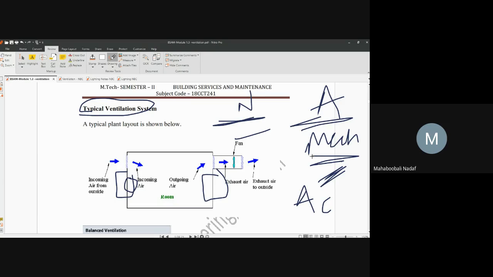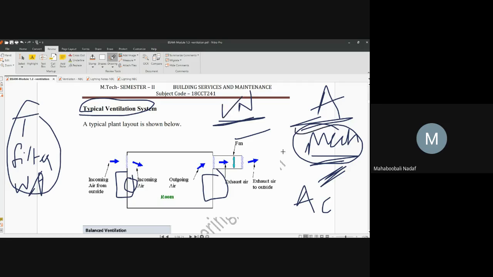In natural ventilation and in mechanical ventilation, you are just allowing fresh air in and making the air exit. That is two things. But you are not controlling the temperature, or you are not changing the temperature of the air. Third, filtration you are not doing, and you are not removing or adding water vapor. That means humidity is not controlled. These three things will not be present in natural and mechanical ventilation, but these three things, temperature control, filtration, and water vapor, that is humidity adding or removing, are present in